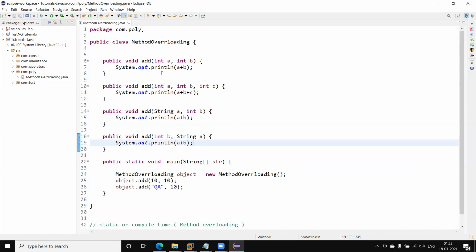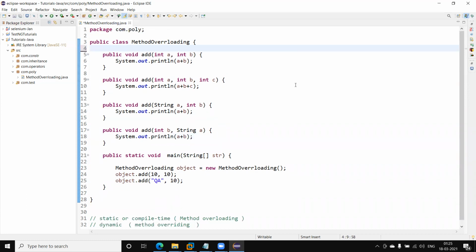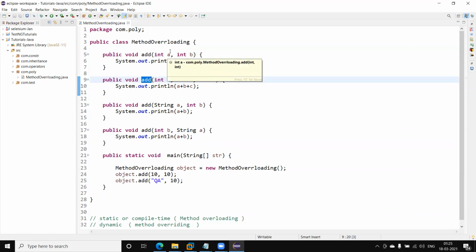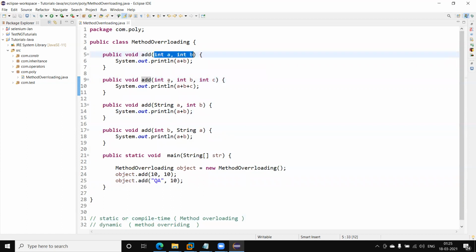Now you can see when we can say a method is overloaded. First condition: if the method name is the same but the number of arguments is different, then we can say the method is overloaded. Second, when the number of arguments is the same but the type of arguments is different, like this one is integer and this is string, then we can say the method is overloaded.